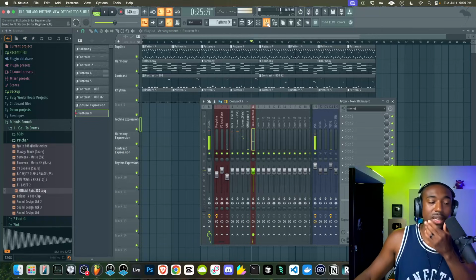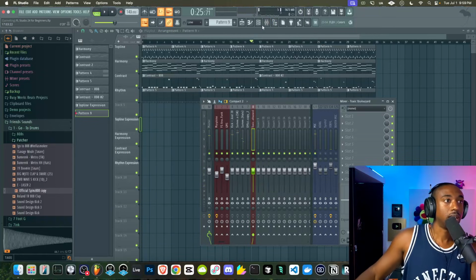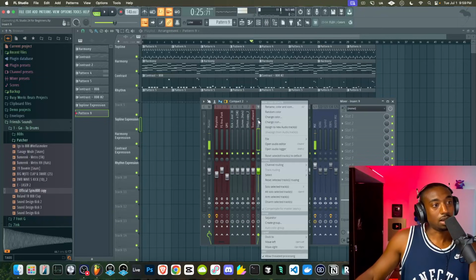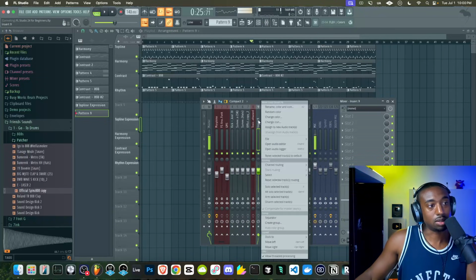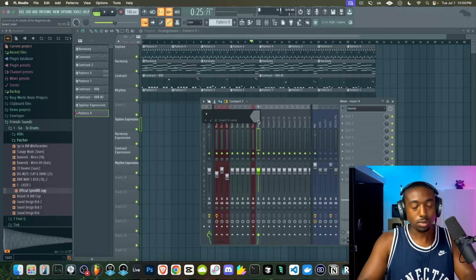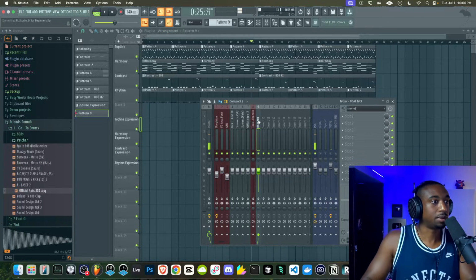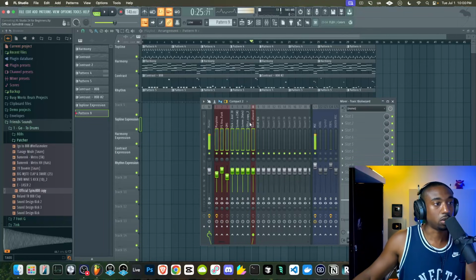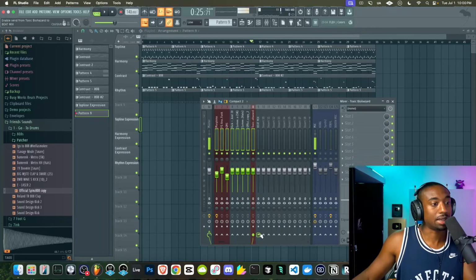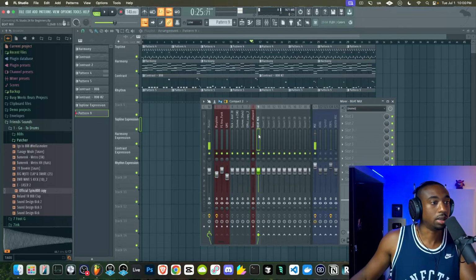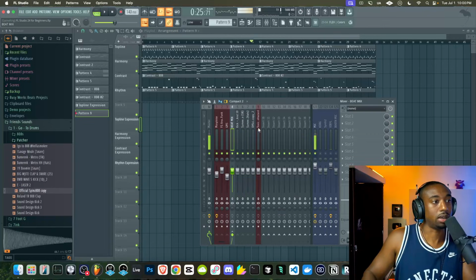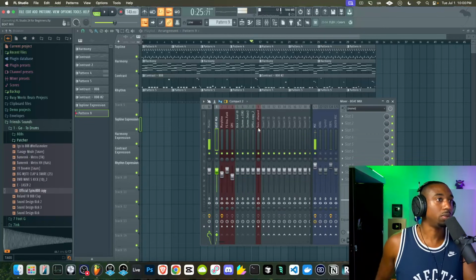Okay, so let's get to some mixing here because we're adding so many sounds. Let's go to the mixer. A better practice is to right click and find a blank mixer insert. Right click and let's call this beat mix. We're going to hit control, left click, highlight all the sounds, and then right click this up arrow to route to this track only. So now all the sounds go to the beat mix before they go out to the master so that you guys can handle both vocals and beat.